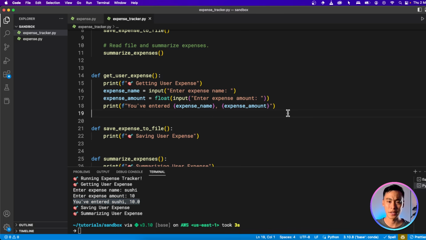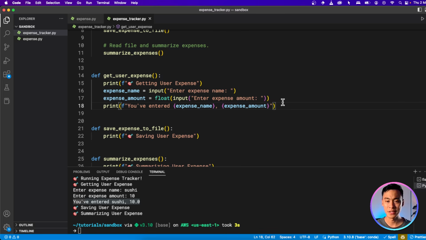Now the categories is a little bit harder. I want only a set amount of categories, and I want the user to choose from one of them. So I don't want them to enter their own category, because that can lead to bad things happening. For example, they could enter house or rent for one of them, but they mean the same thing. So that's pretty complicated. Instead, we're just going to have them select from a list.